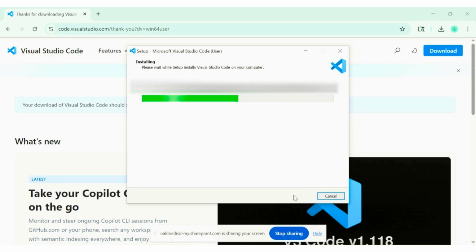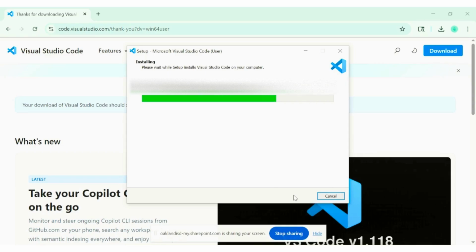And a little bit more about VS Code. You can download it on a Windows or a Mac, and you can use it to code on your computer. It's really easy. And in a future video, I'm going to show you how you can start coding in Python. And also in this video later, I'll be showing you how to do it on Mac. So we can just wait until our